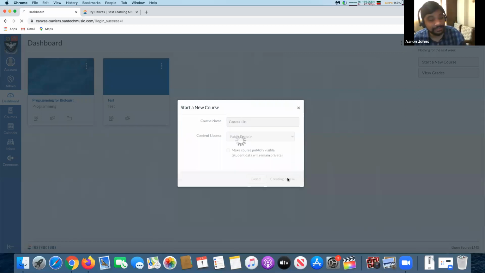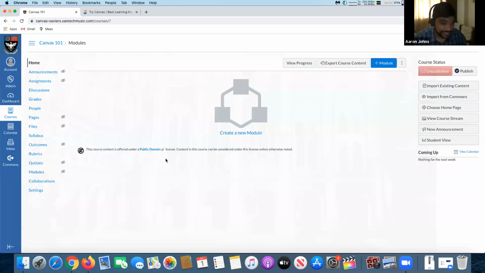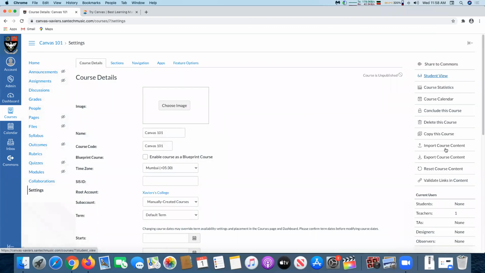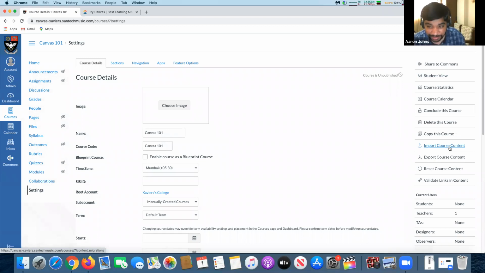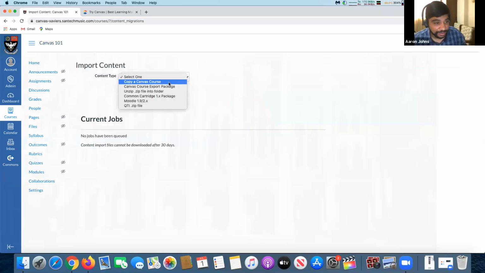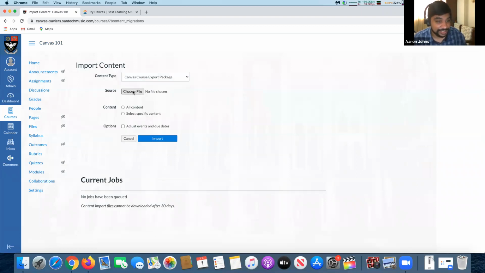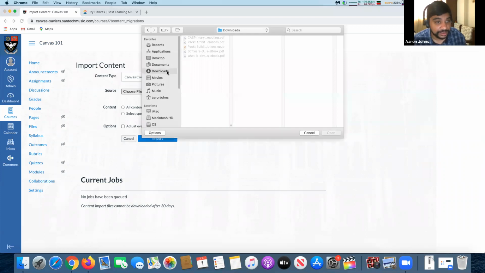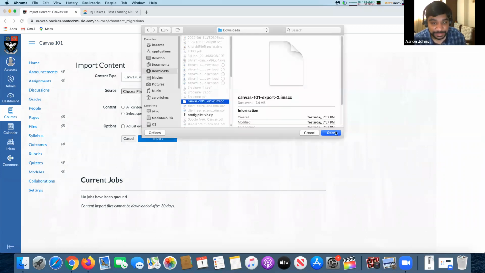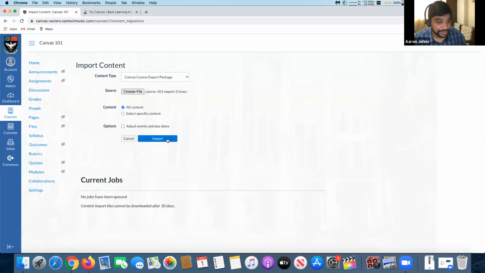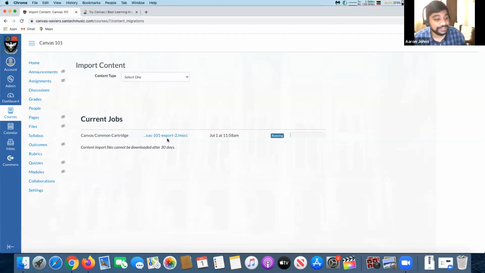Now admin is different. I have a teacher's account with admin privilege because I set up the server on the system. So right now what I can do is import, let's say you had Moodle content or whatever content you had in the past. You can import a course within it. Let's say now a Canvas export package. One second, let me see. I'll pull my course inside of here. I'll just import it and then I'll start giving you all a join code.